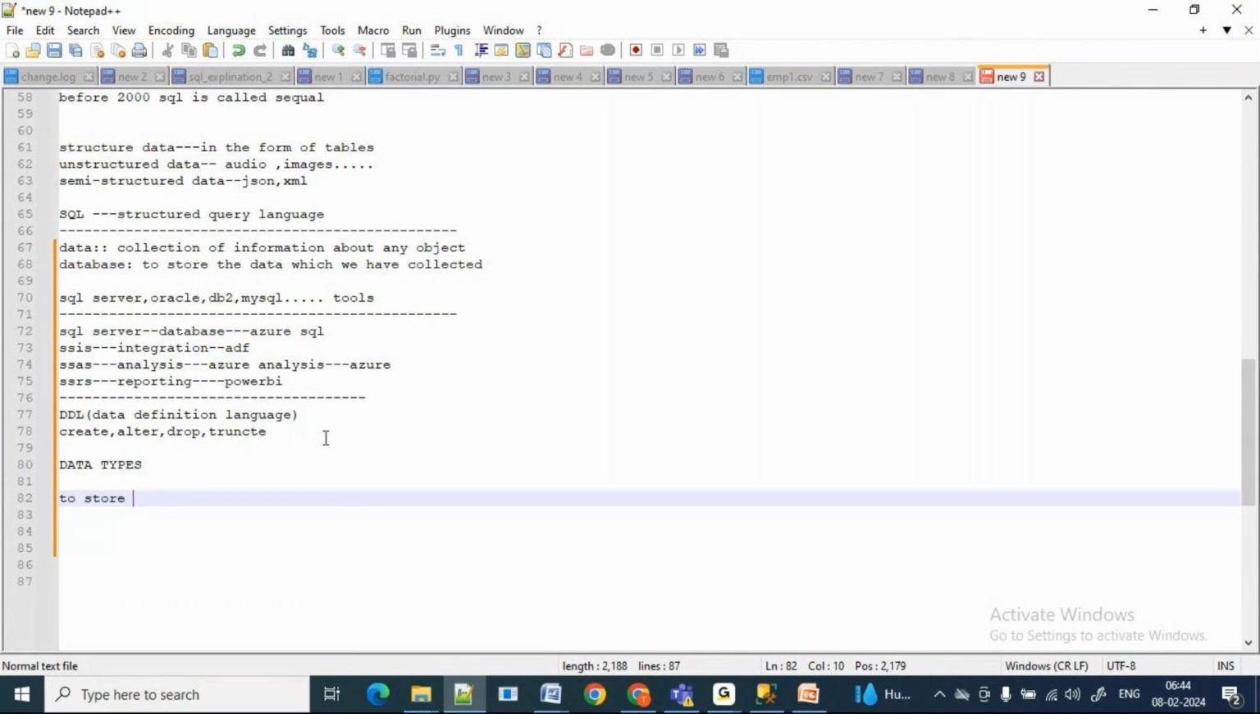To store, what we are going to store? Tell me what we are going to store. Yes, you know. To store characters, to store alphabets, to store names, to store address. See, address includes alphabets, right? So varchar. To store characters, alphabets,